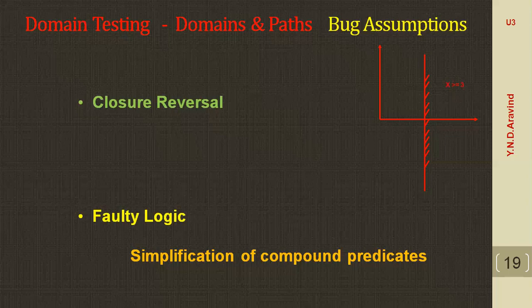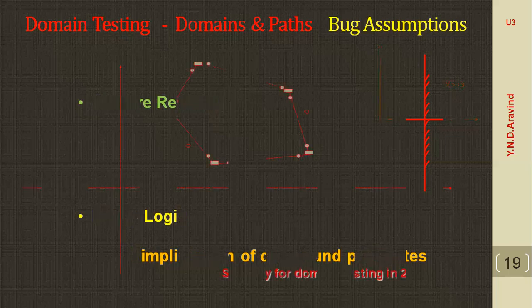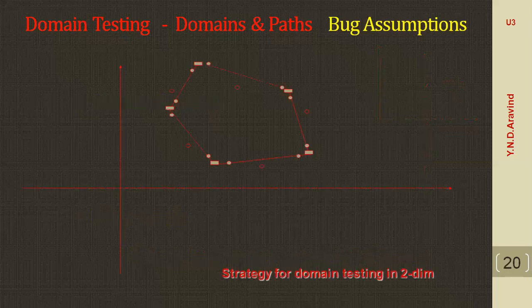Faulty logic. Compound predicates in particular are subjected to faulty logic transformations and improper specifications. If the predicates that define domain boundaries are wrong, all kinds of domain bugs can result from faulty logic manipulations because of illegal logic. Of course, you have written the program, but the logic for the program is not correct. The logic itself is wrong. That is faulty logic. So from all areas, we can have bugs.